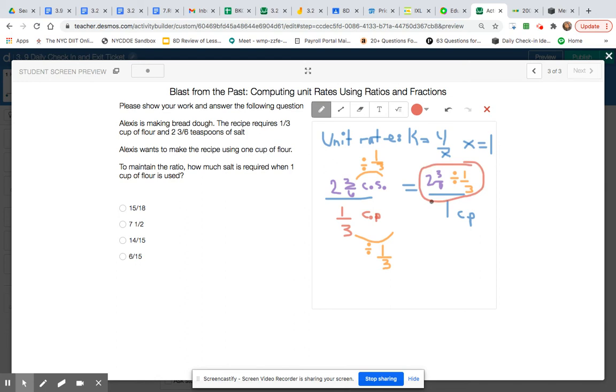Okay, so now I got to simplify this top part. So I'm going to bring this down here to simplify. So notice here, guys, this first number is a mixed number. So in order to divide, the first thing I would do is convert this into an improper fraction. So 2 3/6, that changed to 6 times 2, which is 12. 12 plus 3, which is 15. So my numerator becomes 15, and I keep my denominator the same, which is 6. So now I'm going to do 15 over 6